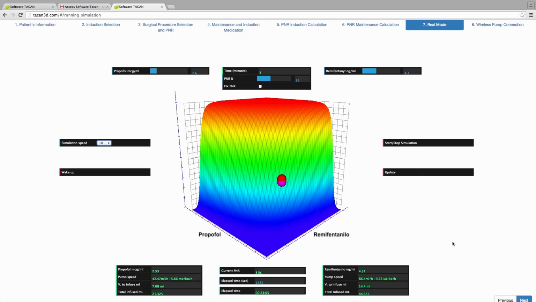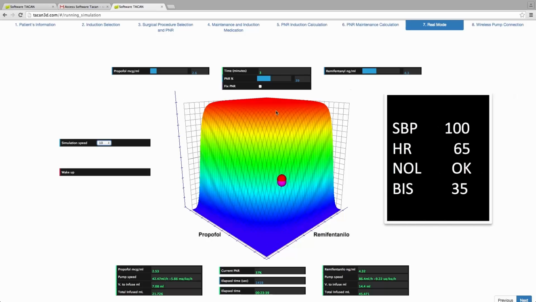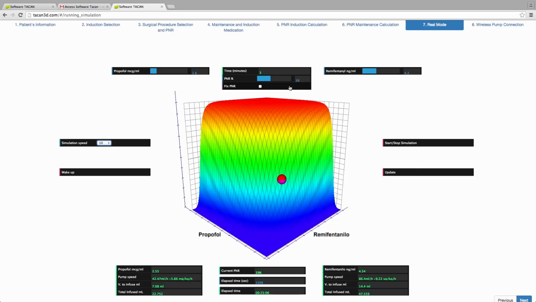At minute 23 of the surgical procedure, Mr. Smith has an adequate systolic blood pressure of 100 millimeters of mercury. The heart rate is 65, and the proprioception indexes are adequate, but the bispectral index is now at 35. This could be interpreted as if Mr. Smith was in the appropriate anesthetic plane within a probability curve, but the only variable that departs from this perimeter